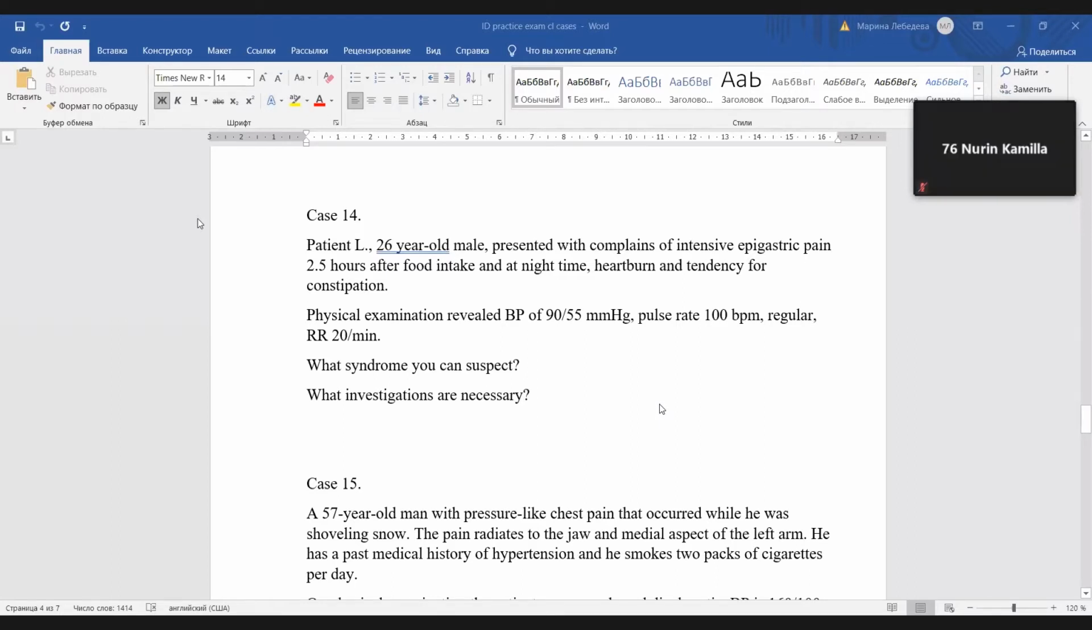Dyspnea, and bleeding? I suppose dyspnea is due to pain syndrome. We may suspect bleeding here. We may suspect it, yes, because of low level of blood pressure,